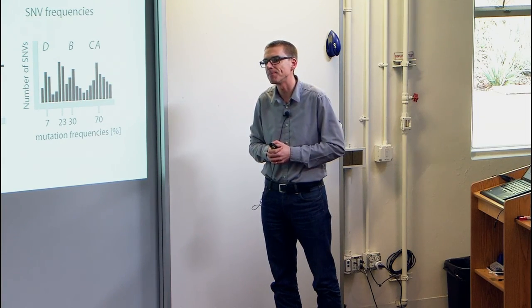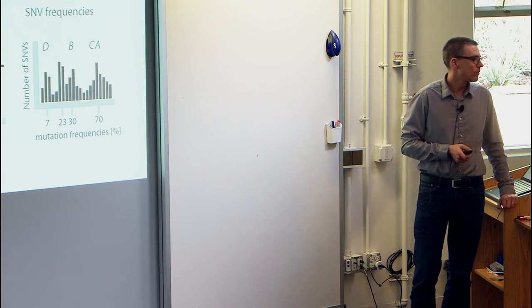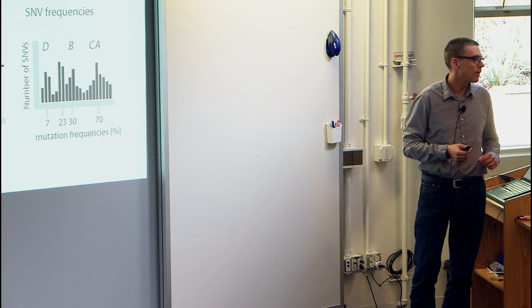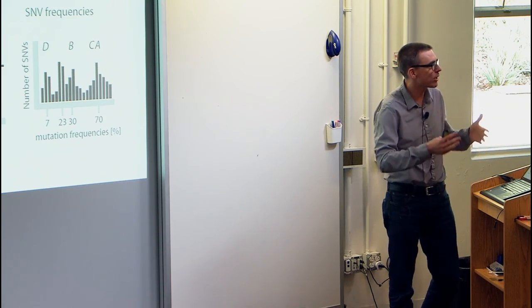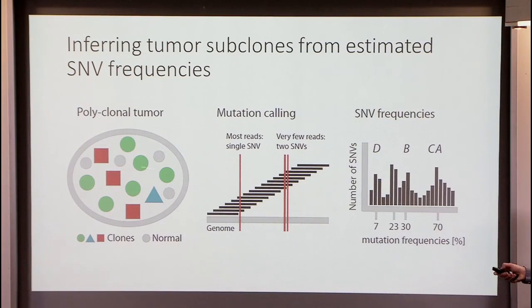I completely agree. Here, the problem of bias, like amplification bias: for example, here all those mutations might be from the same clone, but because they have different amplification bias based on the allele, they might show up at different frequency. Yes, you mean in the whatever sample preparation and sequencing process? Absolutely. Of course, the assumption here is that you have a sample, a statistical sample again from the tumor, right? An unbiased sample. If there's bias due to sample preparation, there's no way here to correct for that.